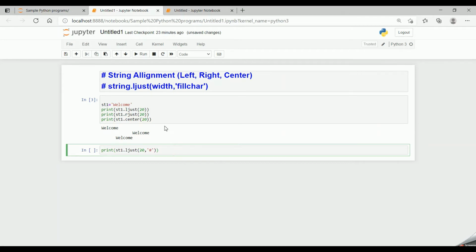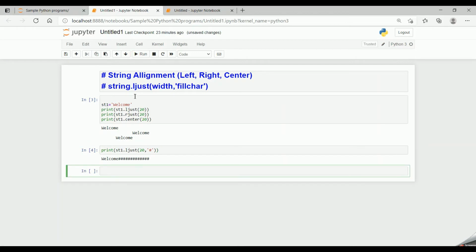Now if I run the code, I get welcome and there are no spaces. Since we have given hash as the fill character, the remaining spaces will be filled with hash. Similarly, if I right justify, st1.rjust, 20 comma hyphen.